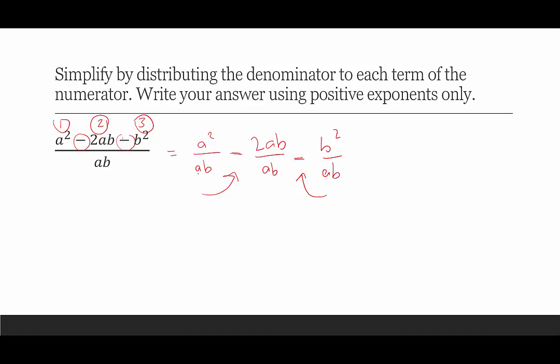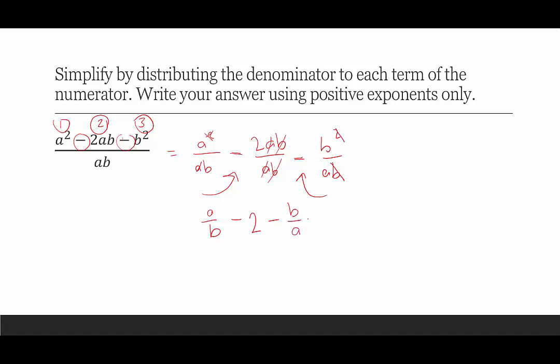A squared over ab, let's see, there's 2 factors of a up here, there's 1 down here, so that 1 will cancel, leaving this first term as a over b. In the middle, I have 1 factor of a up here and 1 down here. Those cancel. 1 factor of b up here, 1 down there. What do we have left? Minus 2. And then here we have b squared over ab. I have 2 factors of b in the numerator, 1 in the denominator, so 1 will cancel,